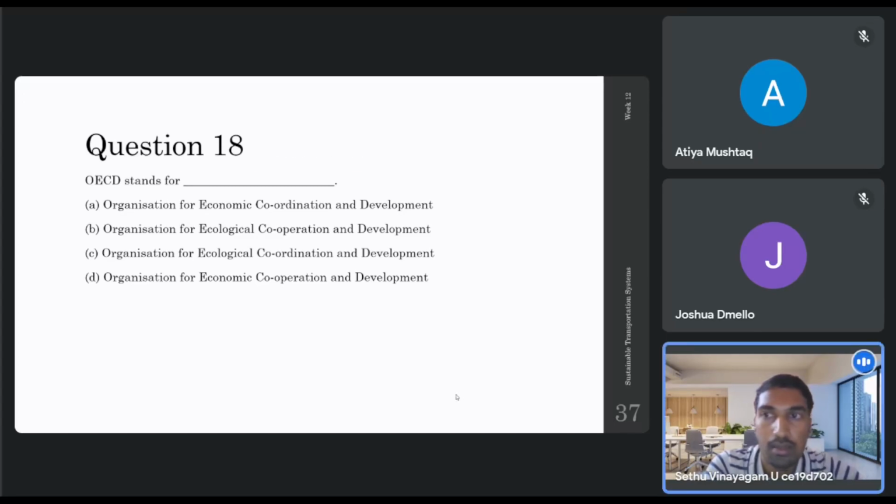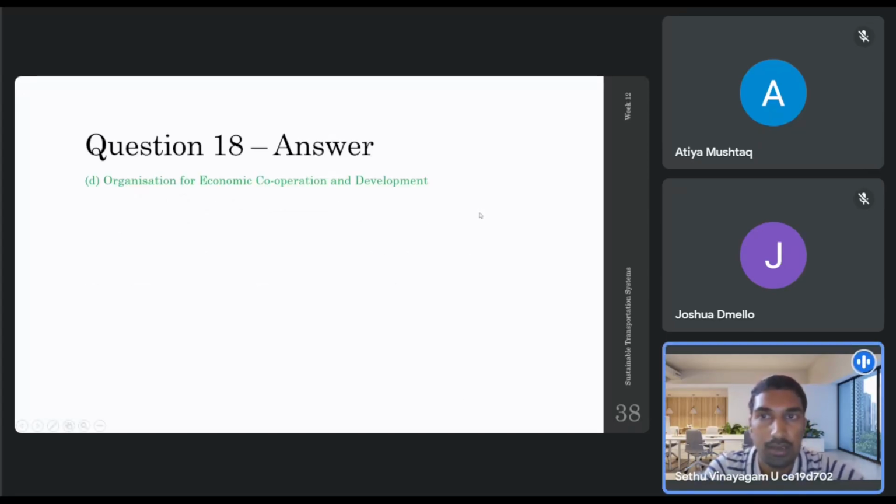All right. So the right answer is option B. It is Organization for Economic Cooperation and Development. So you would have heard about this term of OECD group of countries, right? It's basically a forum, again a group of different countries. There are about